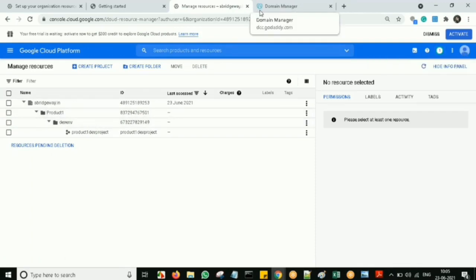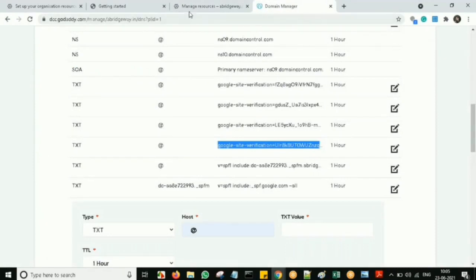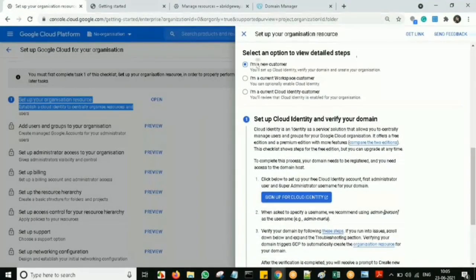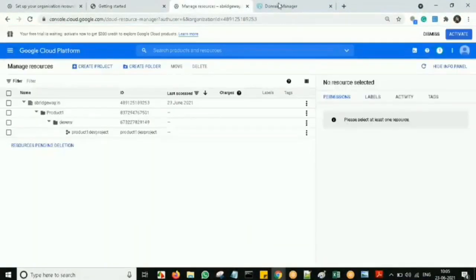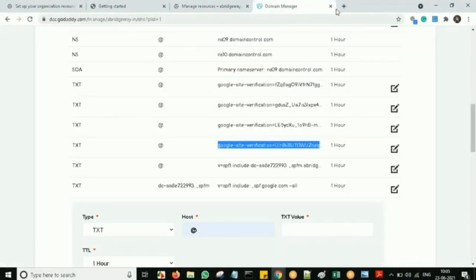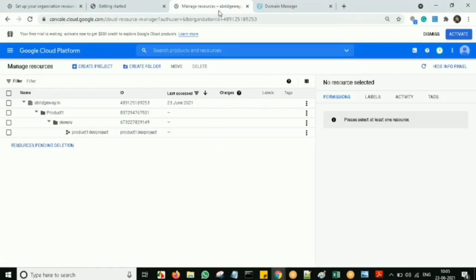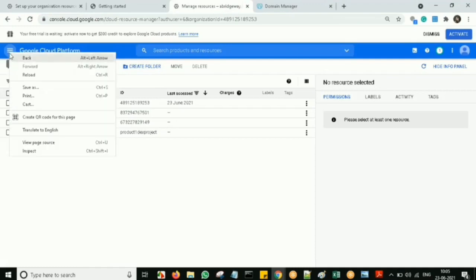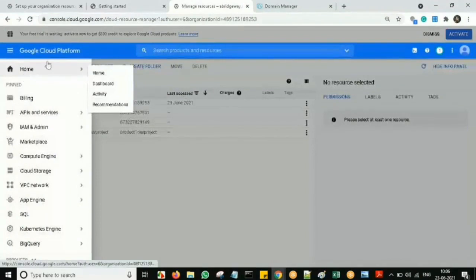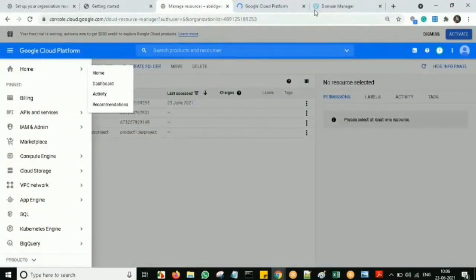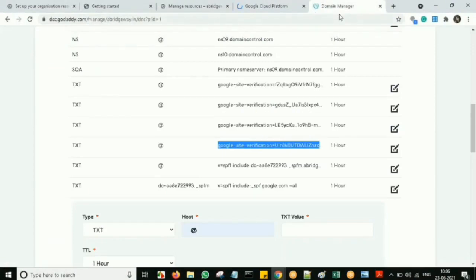So let's see. Now I'm coming to a new tab. There I'm coming to the project created just now.